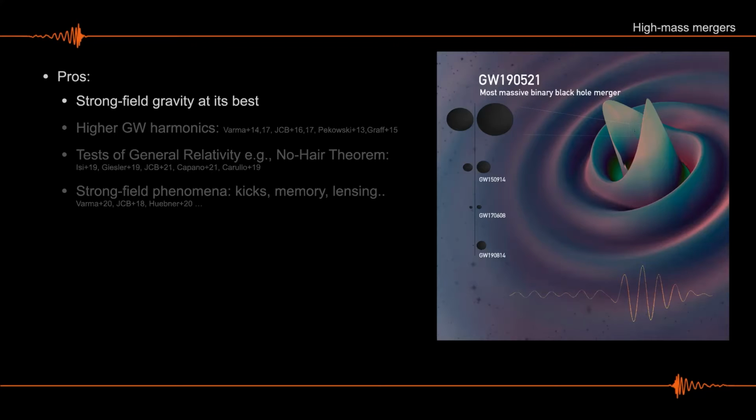So what I mean by strong gravity at its best is that for this type of signal, the emission coming from the collision of the two objects, so from the merger part of the signal, has a frequency such that our detectors are most sensitive to that. If you reduce the mass a lot, then the signal is going to start to have a higher and higher frequency and escape out of our sensitivity band. But for signals like this, that's where we really can observe the dynamics of those horizons.